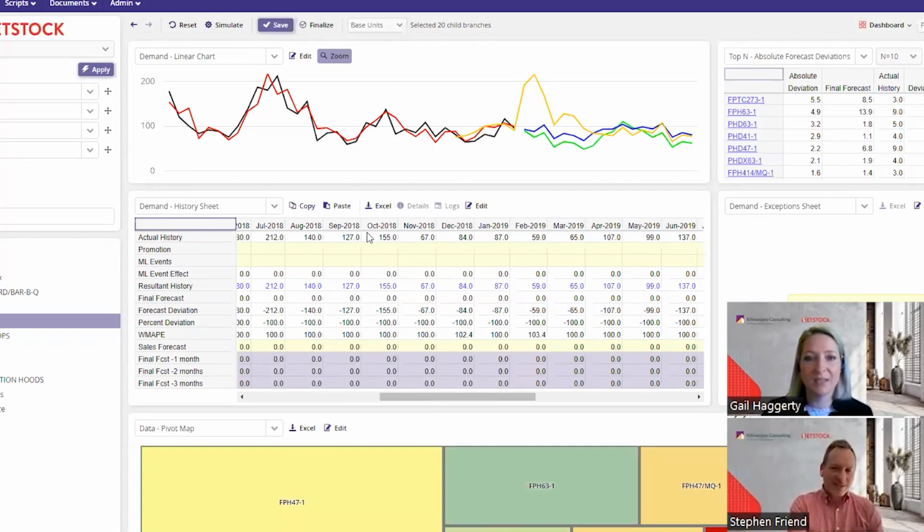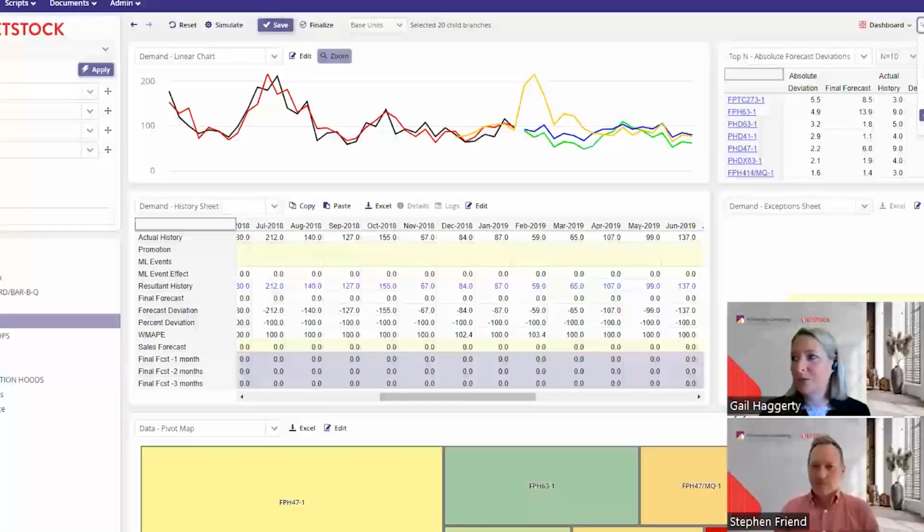Now, you've just happened to come upon the next question that I have for you, Gail. Almost. Can we customize the dashboards, and can we export the information if we need more detail? Absolutely. So each table panel like this, you can export into Excel, and you can in fact change the dashboard for what you want to see.